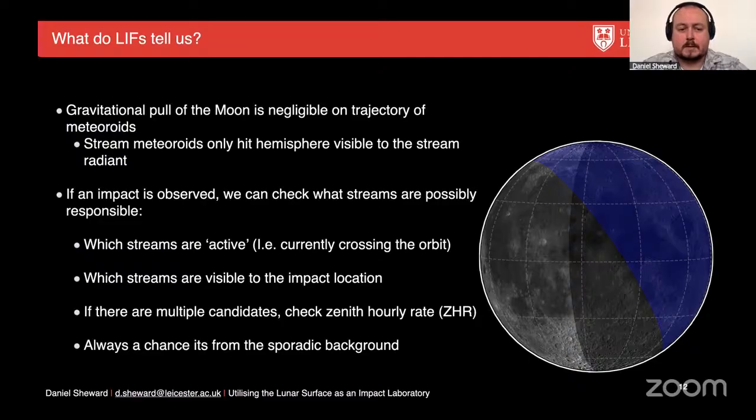So when an impact's observed, we can check which streams could be responsible. We look at which streams are active, so the ones that we're currently crossing the orbit of, which streams of those are visible to the impact location, and if there's multiple candidates, then we can check the zenith hourly rate,